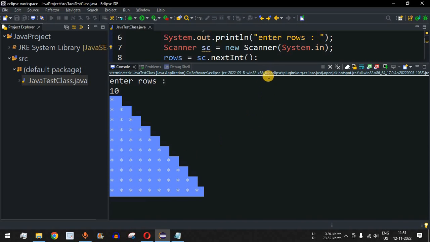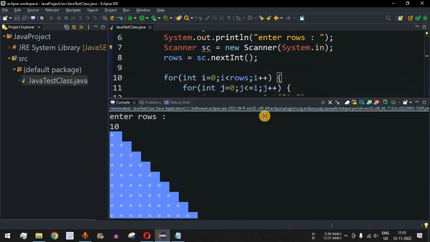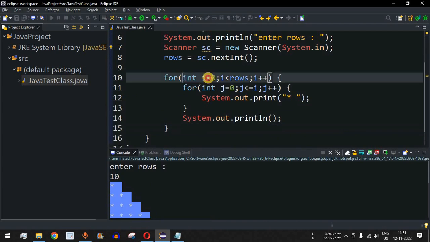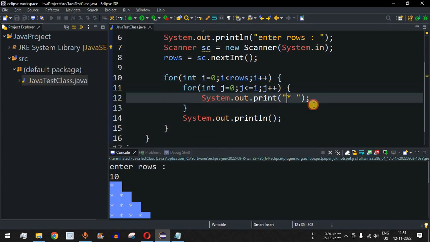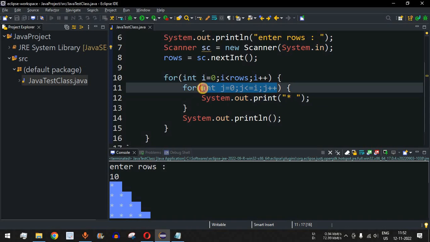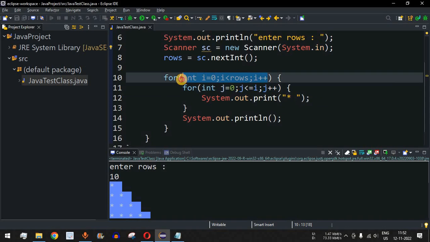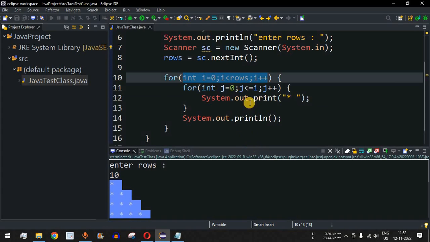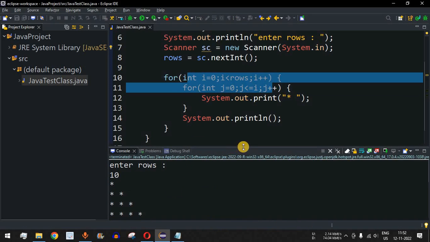So guys, it completely depends on the logic that we have provided in the two loops over here, that is the outer loop and the inner loop, and whatever conditions we provide, based on that we can draw different patterns. So guys, please make sure that you practice on your own, so that with different conditions that you provide inside the for loop, you can see the different patterns on the console.